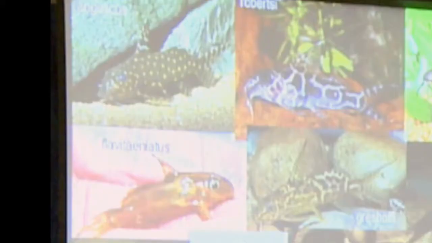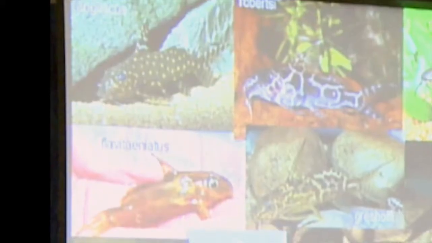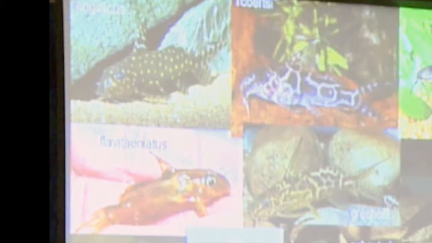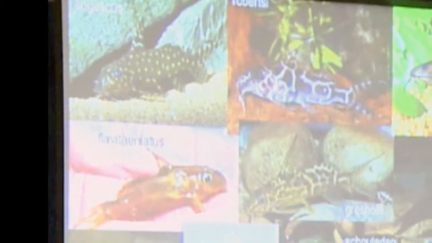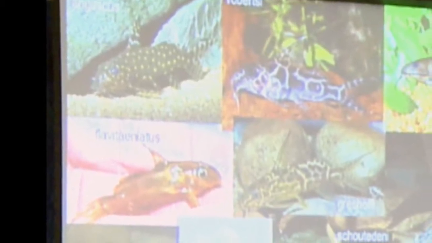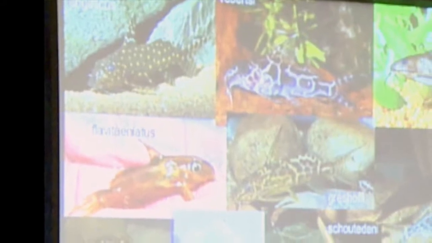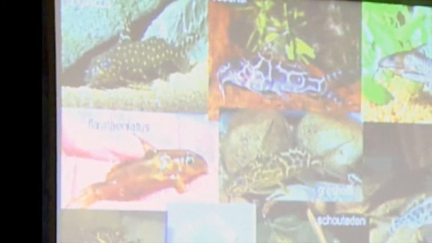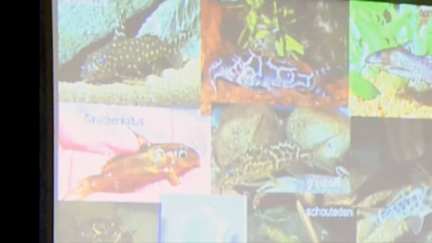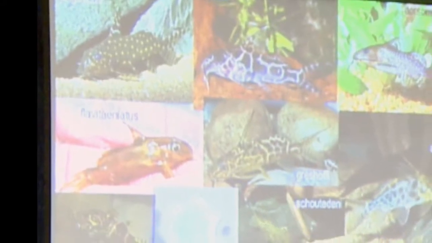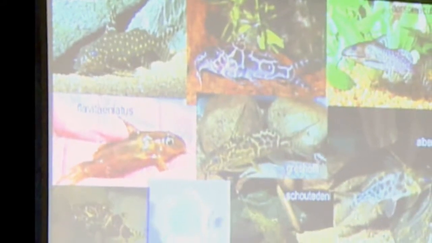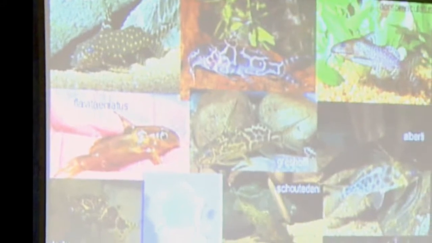These are some of the ones that you probably recognize. You got your Angelicus here. I've got a tank at home with six of these in there, along with a few other fish. Robertsi here, it's nicely patterned. Another one that stays very small. It's only like 2 or 3 inches long as adults. They're quite interesting. I got a couple of those as well. Dorsomaculatus,